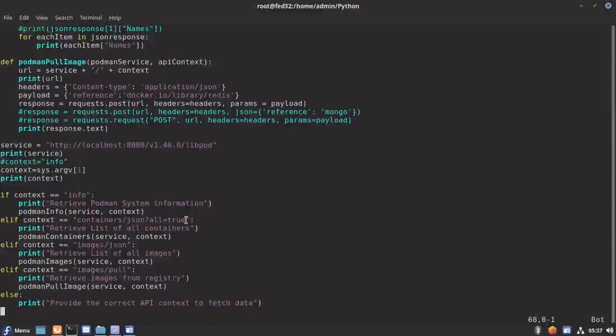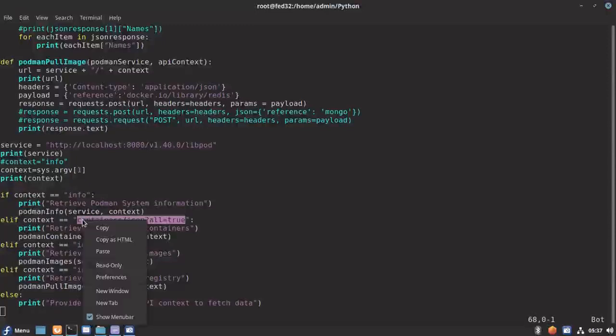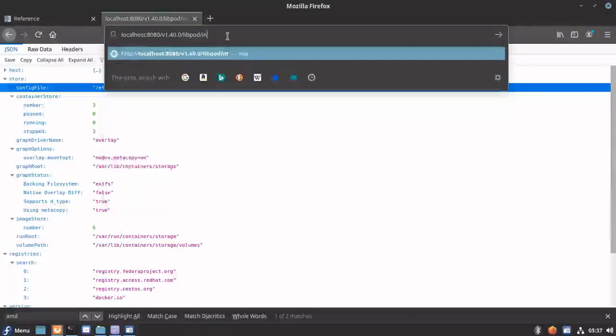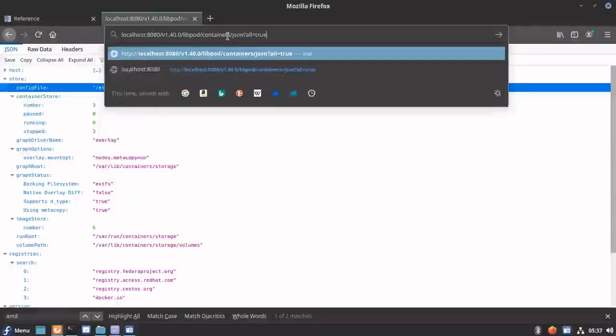Basically it means we want to capture all the containers, whether they are in the running state or the stopped state. This is how we can capture the container information.